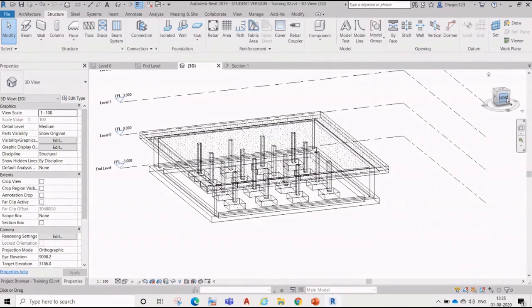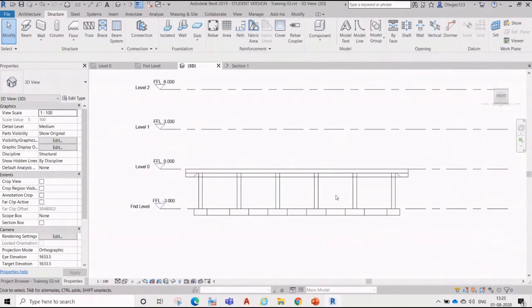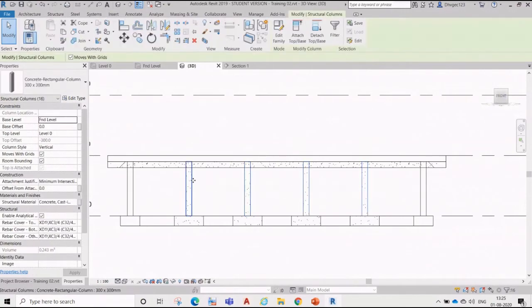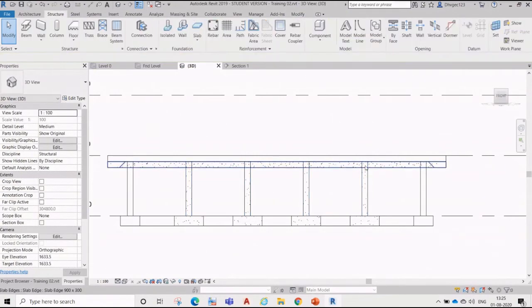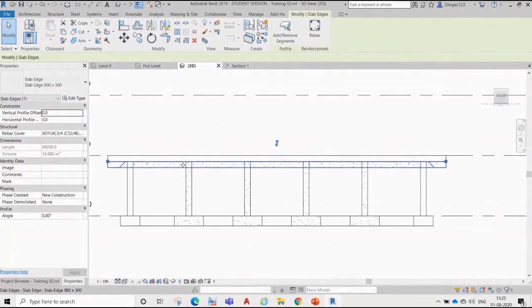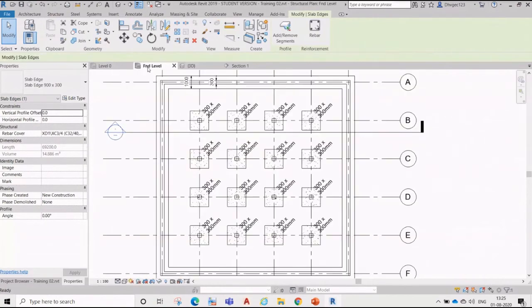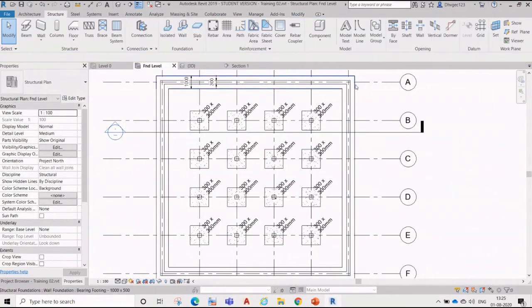Now we'll start making a concrete structure over it. Detach. You can see we have detached it. Now if it is a steel building, then we go to slab.